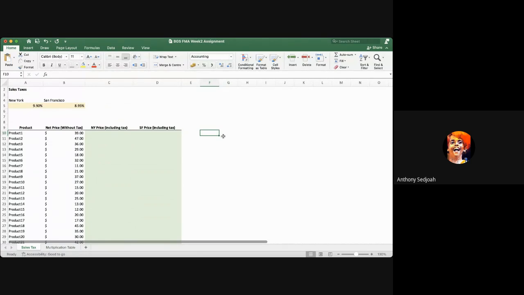So 39 is the net, which is without taxes, after the taxes have been subtracted, and the tax rate is 9.9%, okay? So it means that this 39, we do ratio and proportion: if more, less divides; if less, more divides. I hope you guys know that already. This should be percentage. Okay. So 1 minus